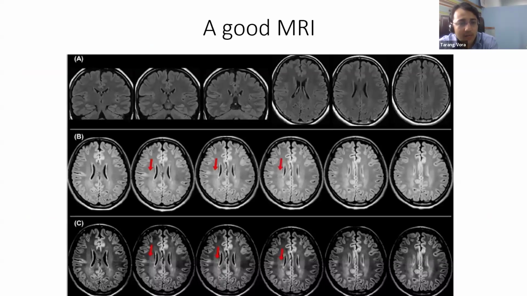What is a good MRI? A good MRI depends on multiple factors. We have to tell the technician what we want. The image on top, A, is the MRI, and B and C are the MRI of the same patient done with different Tesla or with different protocols. So in image A, we are not able to see the dysplasia, but in image B, we are able to see a little bit of the dysplasia, and in image C, we're seeing it so nicely. The dysplasia is the tract that is running from the ventricle towards the depth of the sulcus.